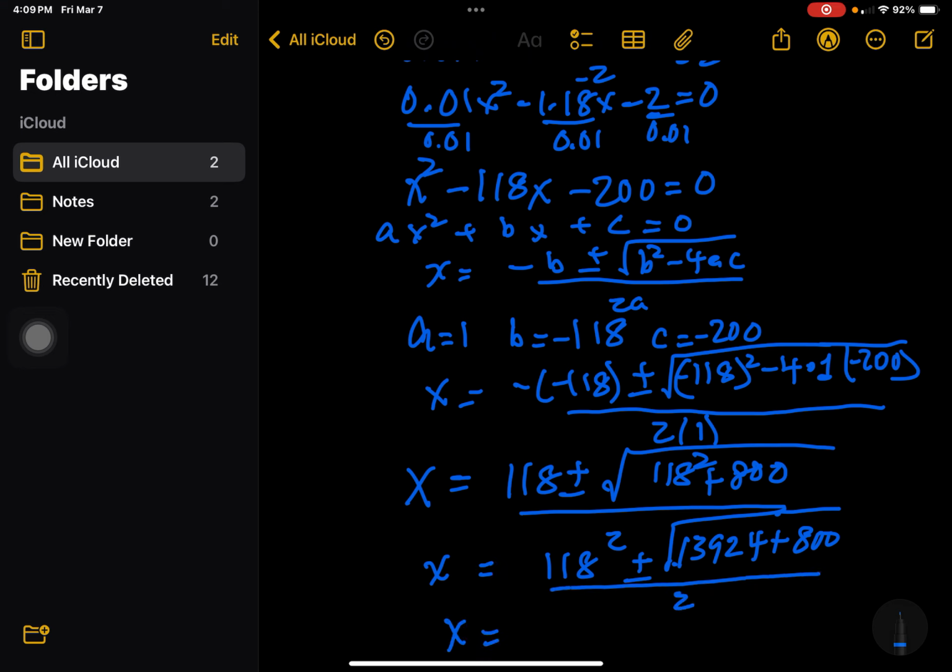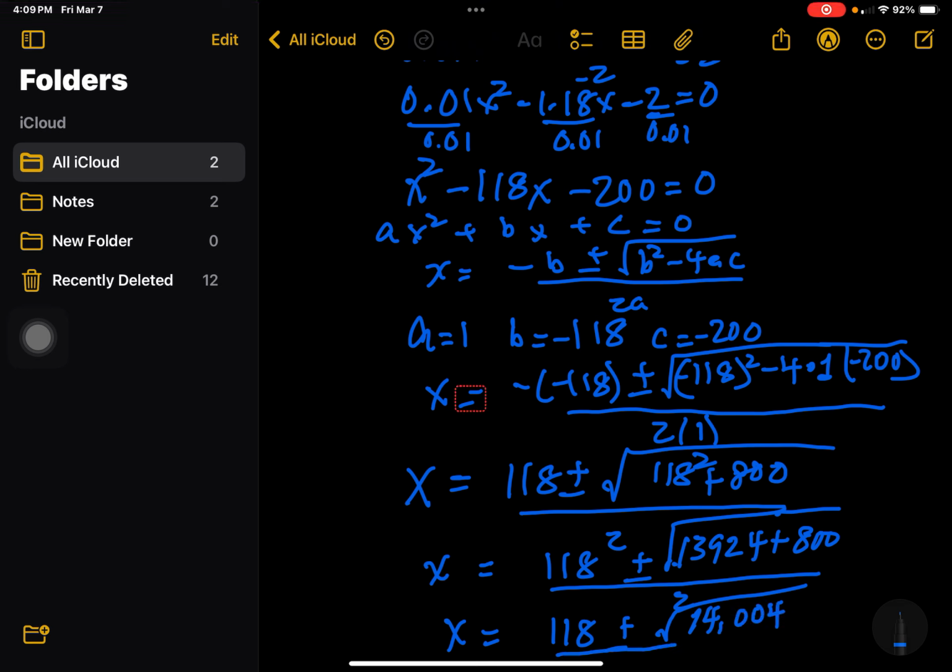So we have x equal to 118 plus minus... so let's see. So we have 13,924 plus 800 is equal to plus minus square root of